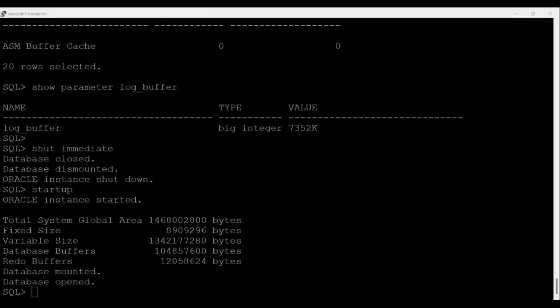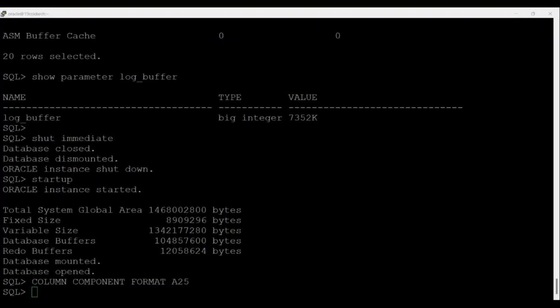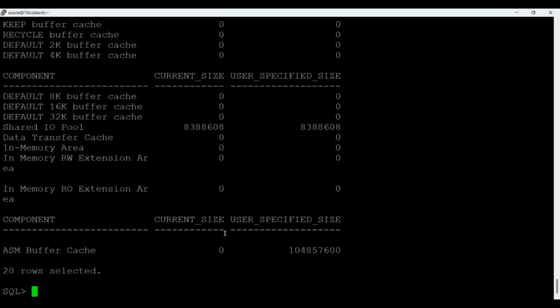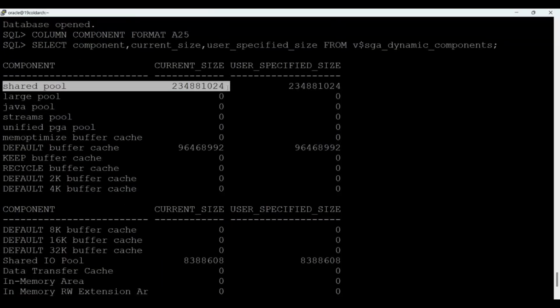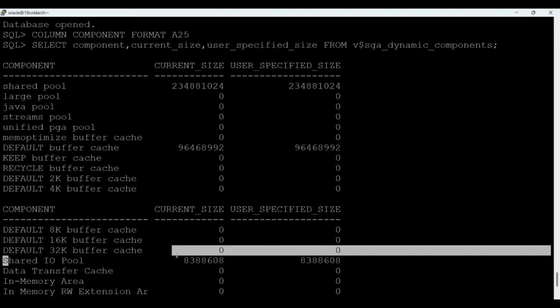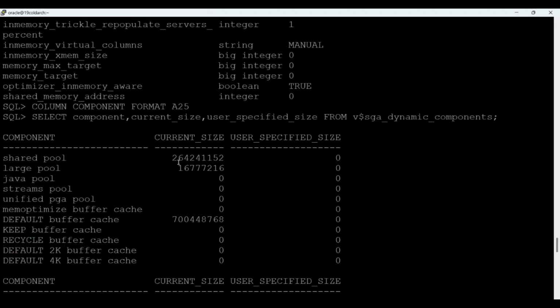Now check again the query of v$sga_dynamic_components view. So I am executing this query. So see that now it's changed. Here pool is 234881024 bytes. Default buffer cache is 964689992. Shared IO pool is like that. Earlier it was different, guys, right? So see that it was 50, it was 70, it was 264. So now here it's changed. Okay,